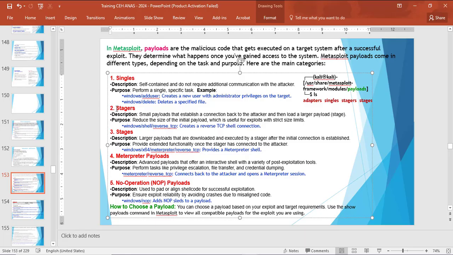Stagers are small payloads that establish a connection back to the attacker and then load a larger payload, the stage. This reduces the size of the initial payload, which is useful for exploits with a strict size limit. For example, we have the reverse TCP shell created, and we connect to the victim using this reverse TCP shell. Stages are larger payloads that are downloaded and executed